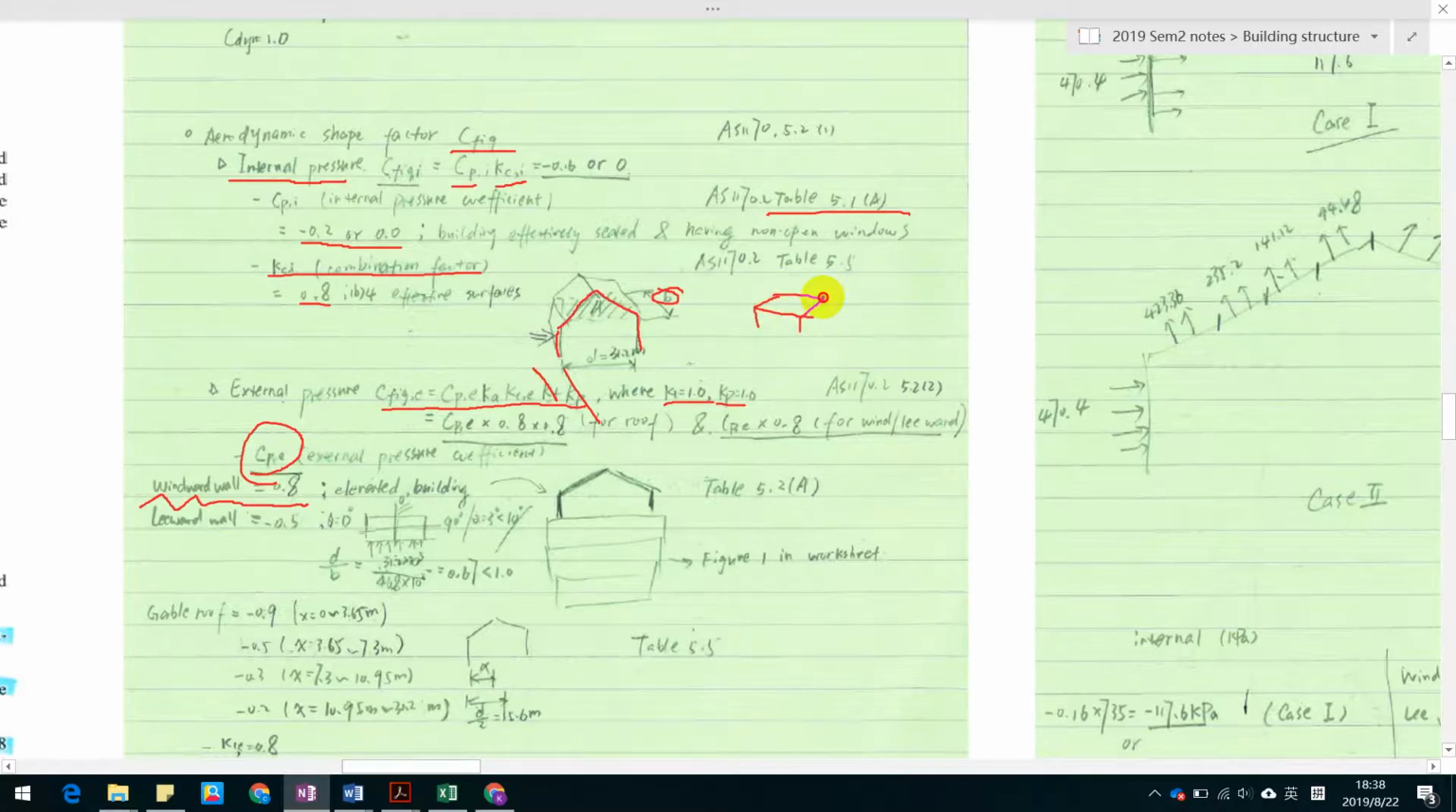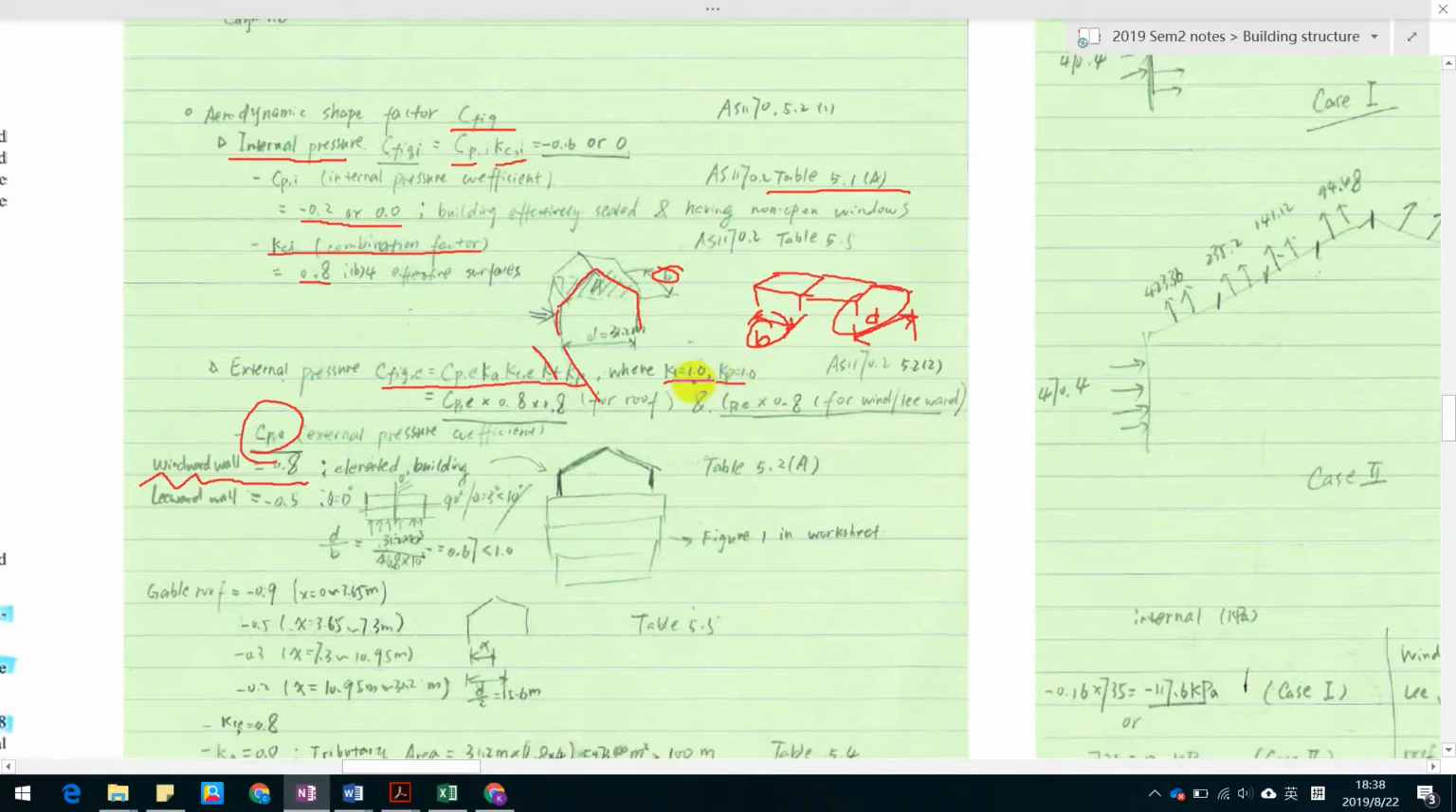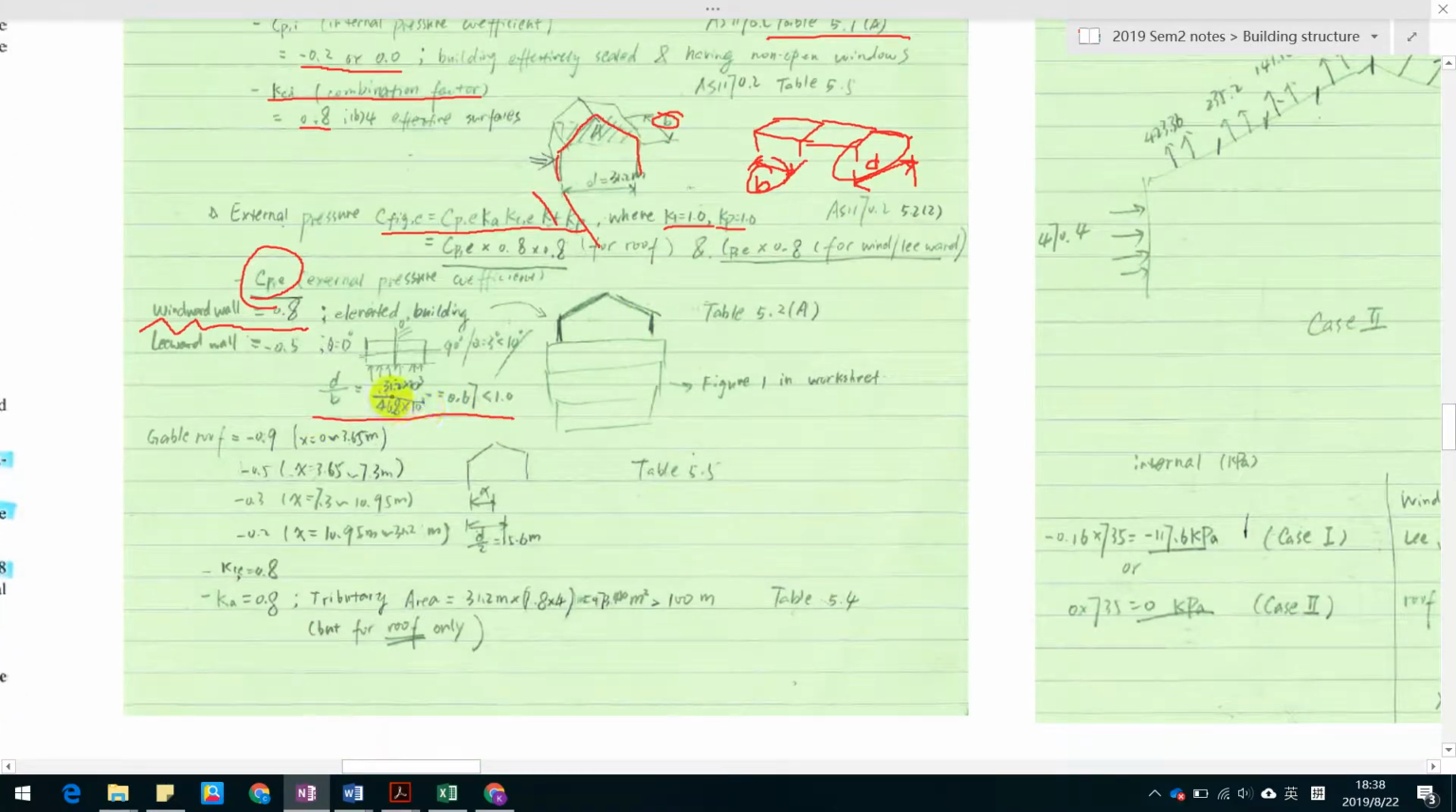Let's see, this. So in terms of that, the B is what we're talking about, and the D, as a matter of fact, we talk about D in the span of the portal frame. And we calculate D over B. As we can see in the calculation, D and B is